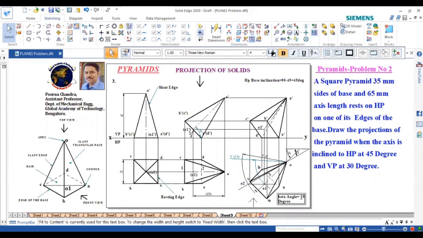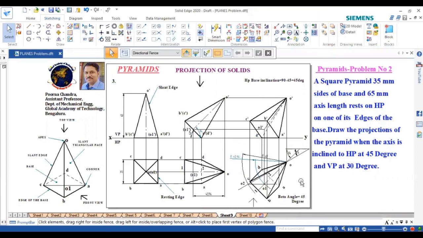So beta angle is equal to 45 degree. Right, so beta angle is 45 degree. So this is how you need to solve the problem.